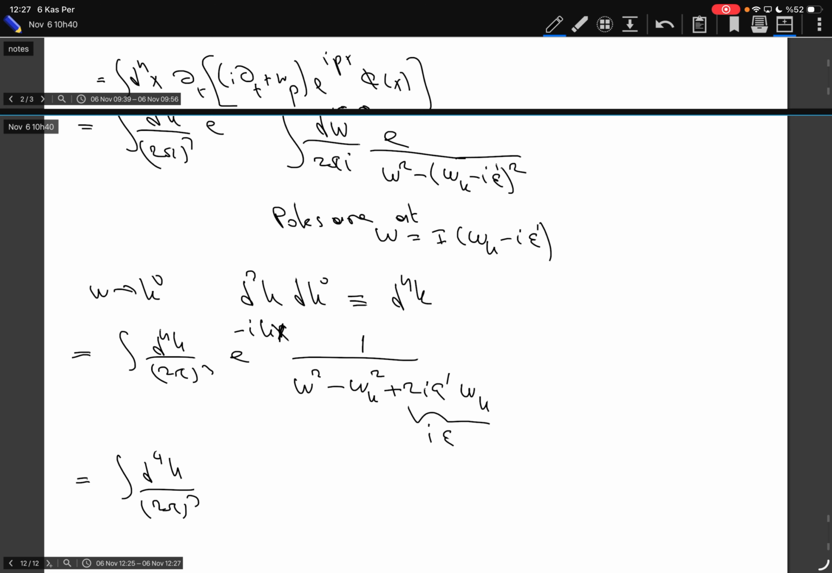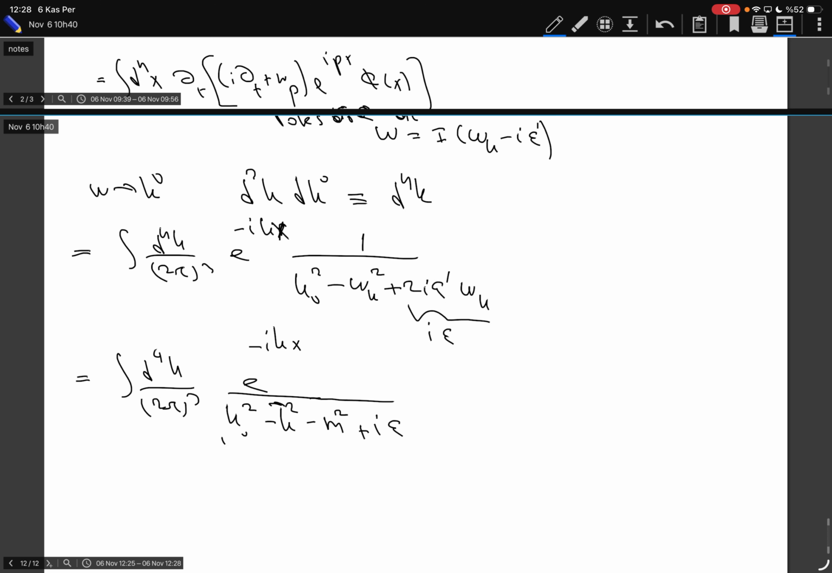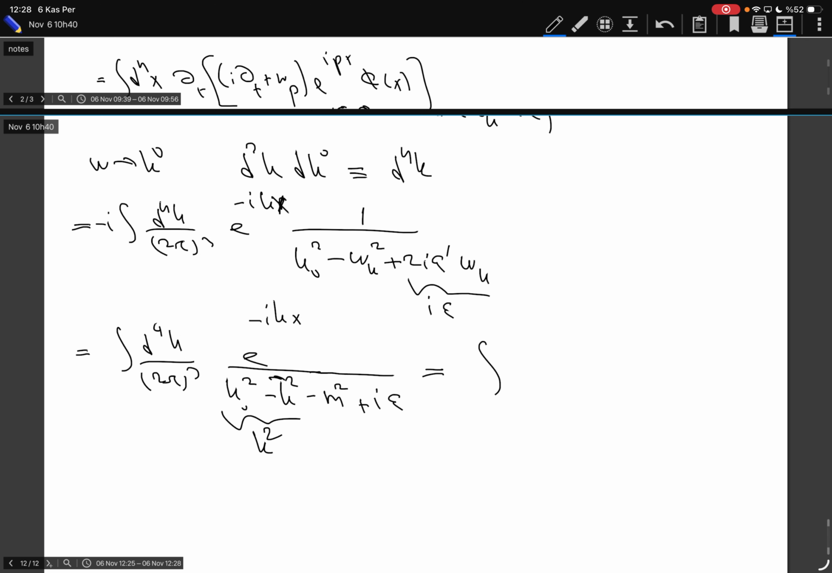Two pi cubed, e to power minus i k x divided by omega squared. Now, omega is now k, k0. This is k0 squared minus k squared minus m squared plus i epsilon. Well, this is nothing but the vector k squared. And hence this integral is, there is a minus i here, minus i